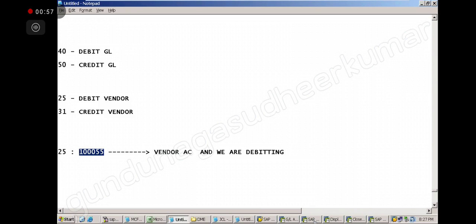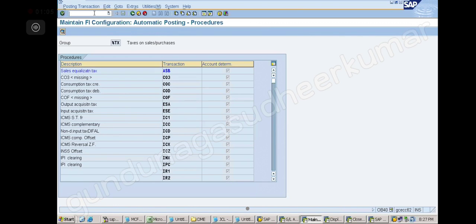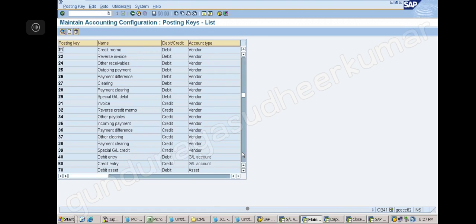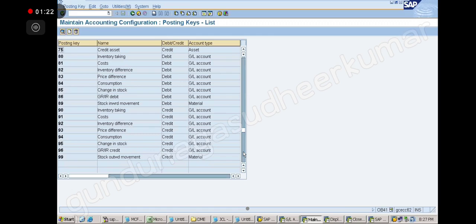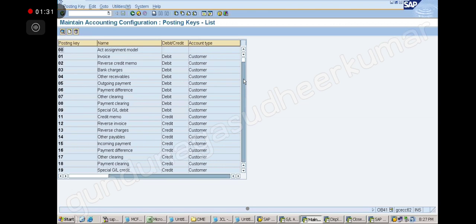By the way, there is a T code, OB40. You can see all the posting keys there, right? No, OB41. Now don't learn all this. Don't waste your time. No need to do all this. The main ones I will do. These are all standard posting keys, and when the system is posting, it will use them. Don't bother to learn all this. The main ones we will anyhow know when we are doing the practice.